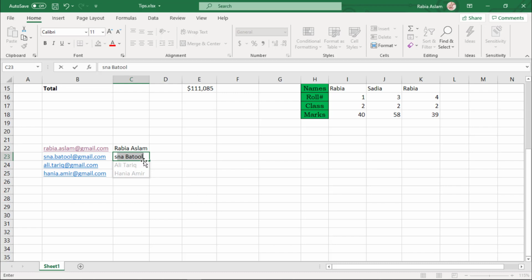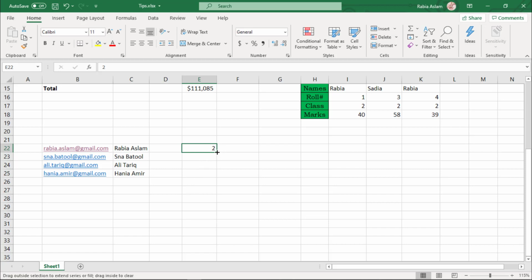The other one is autofill. It is also based on the pattern method. Like I am typing any number in the cell here, like I am typing 2. Okay. So I want this value to multiple cells below it. So go to the bottom right corner and click on this plus sign and move to the last cell to which I want the same value to be repeated.